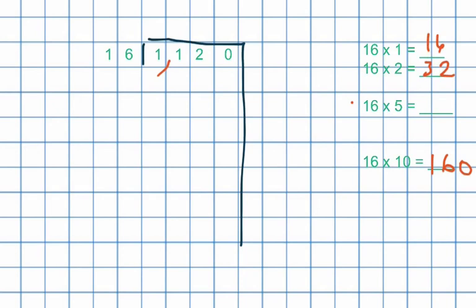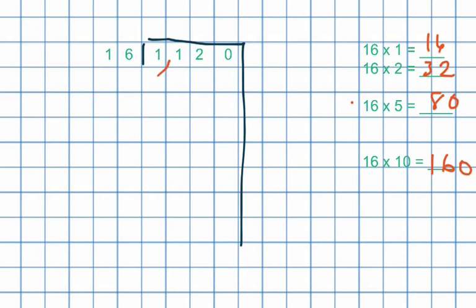Well, I know that half of 100 is 50, okay? And then half of 60 is 30. So 50 plus 30 would be 80. All right. So half of 160 is 80, so 16 times 5 would be 80. Now I'm able to think about the size chunks I can take out. Well, I know that I can take 16 out, I can take 32 out, I can take 80 out, and 160,